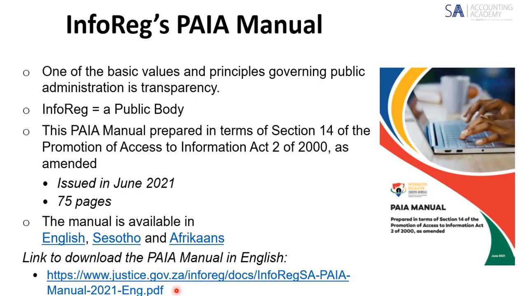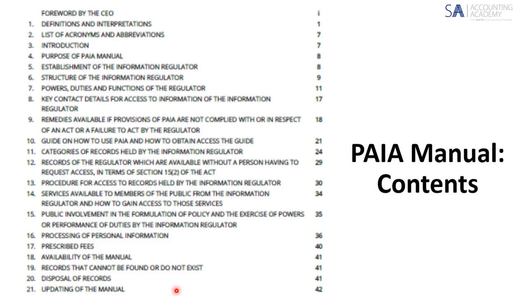Let's go and have a quick squiz at what's inside the manual, because I'm not going to go through the PAIA manual in detail with you. Remember, this is the technical summary. So if you want more, then we'll have to do a 1 or a 2 hour webinar on this. In terms of the important things, they're talking about the structure, the duties and the functions of the regulator. So first of all, they talk about obviously the purpose of the manual, and then the manual that the person belongs to. What is their structure? Where are they situated? And what are the contact details for when we want to access information from them?